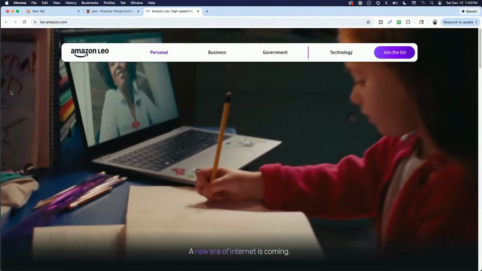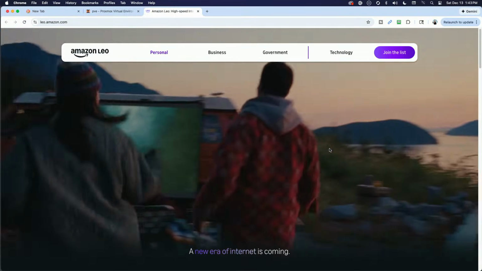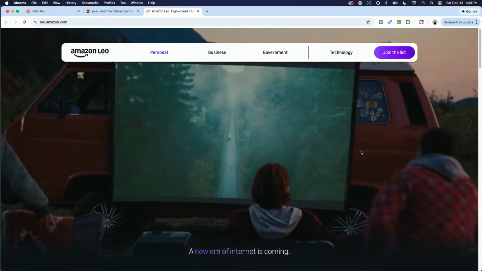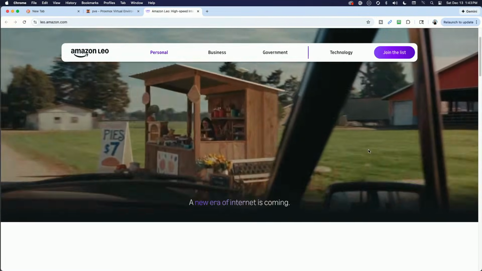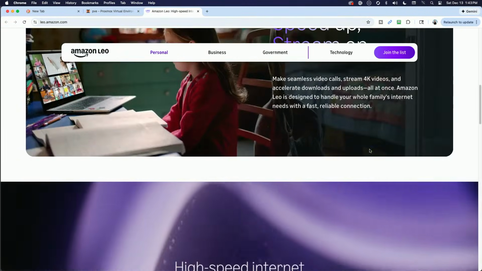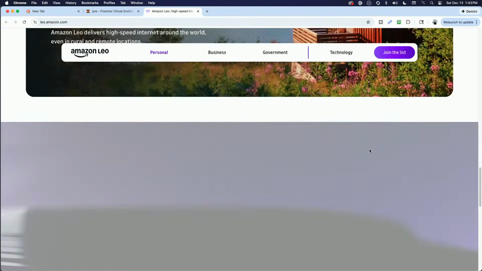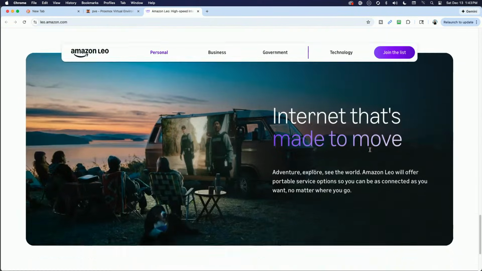Amazon Leo. It's the low Earth orbit system that Amazon's putting into place to try to compete with Starlink. And from what it looks like, I have a feeling it's going to be pretty cool.